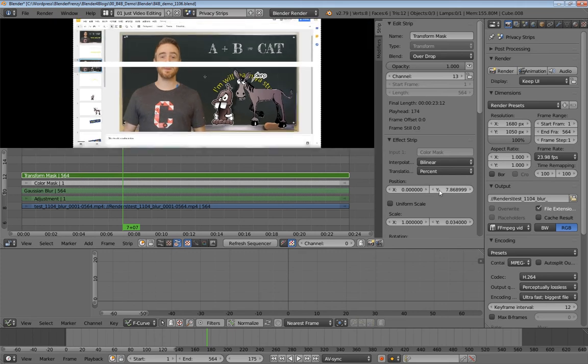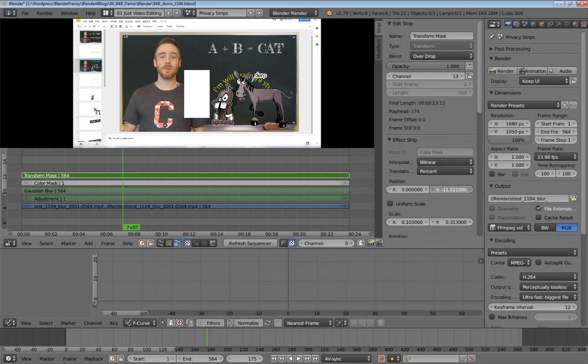and then unhide the transform mask so that I can see it moving in real time, and then do the placement of this where I want that to be. Ooh, let's use our shift to make that a little bit slower. So let's do something like this. If we want one of these little dudes to be blurred out,